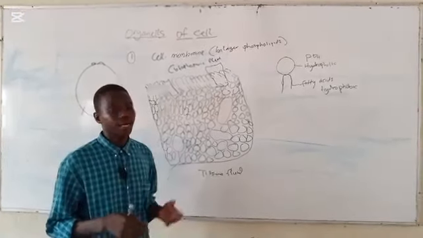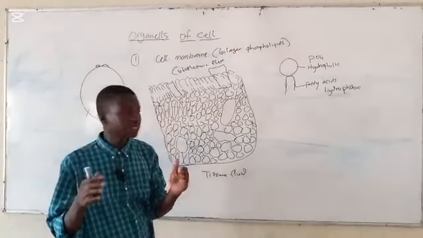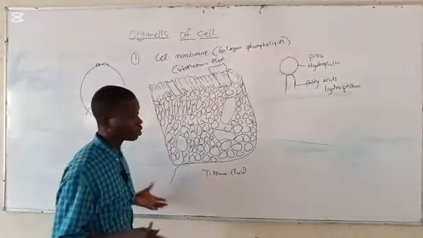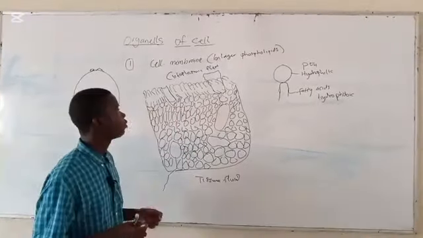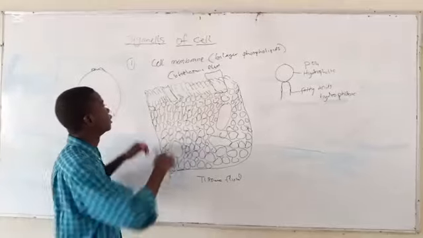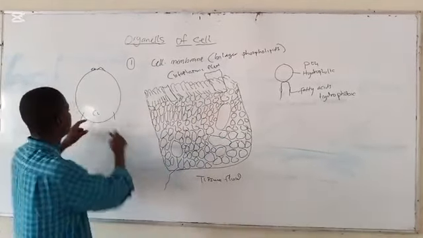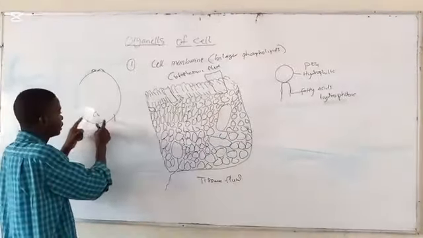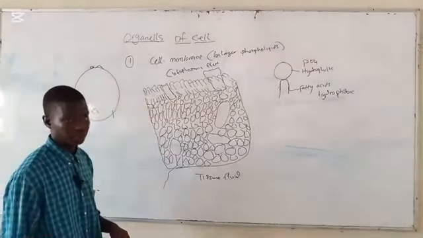Now, another thing worth saying here is that we've established the fact that cells, first of all, are surrounded by fluid in order to be alive. So the next thing I would like us to look into is the composition of this cell membrane. So this is just an enlargement of this section. So we have made an enlargement of this section, and that is what we are having here. So let's discuss briefly what all these things are.